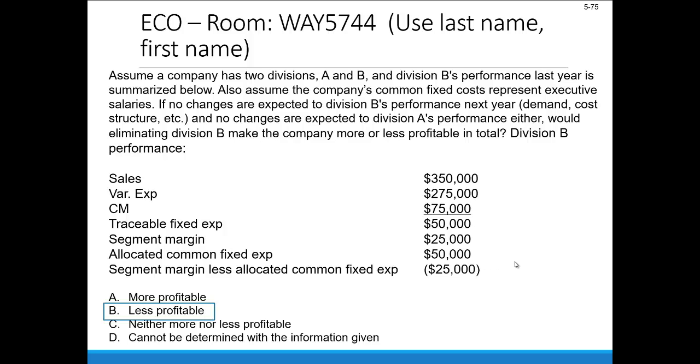So the answer is that eliminating Division B here would make the company as a whole less profitable. And the key is that the segment margin is positive. This segment is contributing something toward the company's overall potential profitability. Now, right now, the company as a whole is allocating these giant common fixed expenses to a bunch of different divisions, potentially distorting the view of profitability of each division. We said back in Chapter 6, we probably don't want to do that. That segment margin is our best indicator of the division or segment's contribution to company profitability.